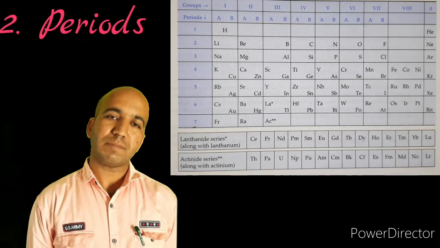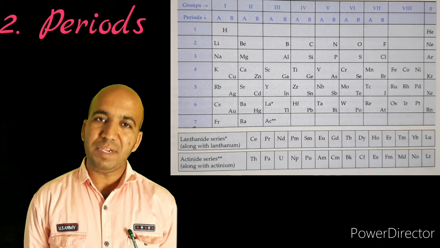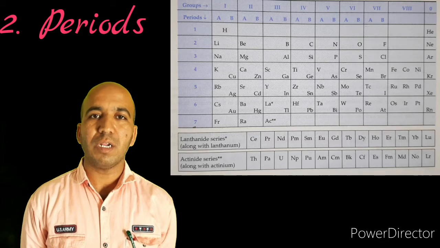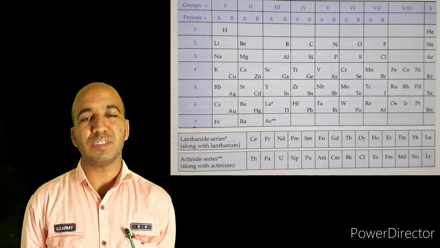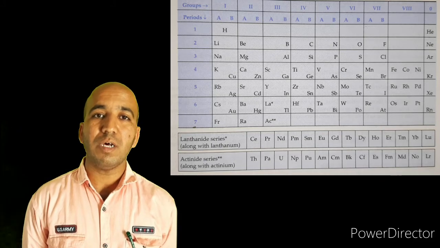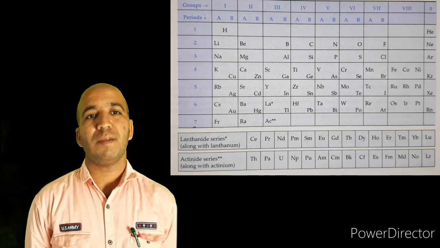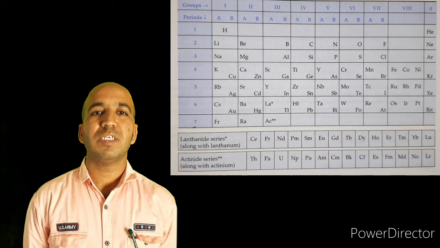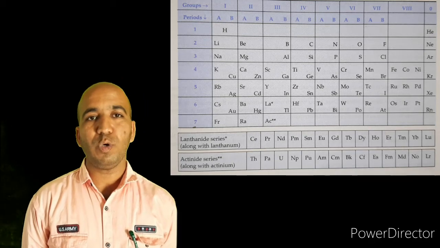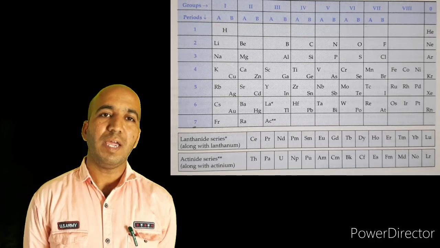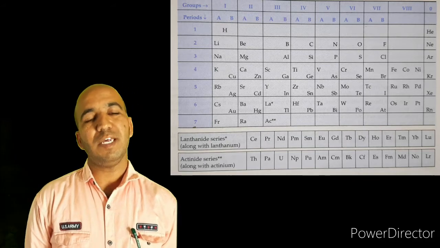And the second one, periods. What is a period? A period is a horizontal row. That means the elements have been arranged in some horizontal rows. How many rows are there according to Mendeleev? There are 7 rows. That means 7 periods in Mendeleev's classification. So according to Mendeleev, there are 8 groups and 7 periods. And the next one,